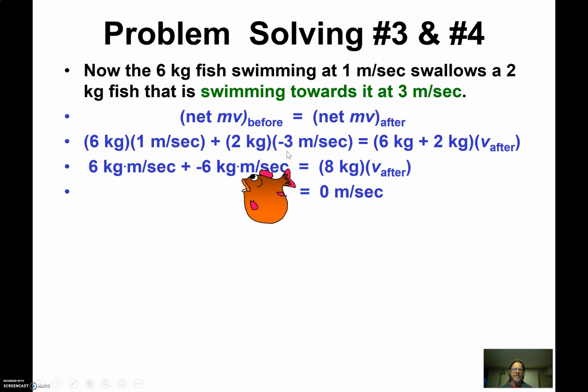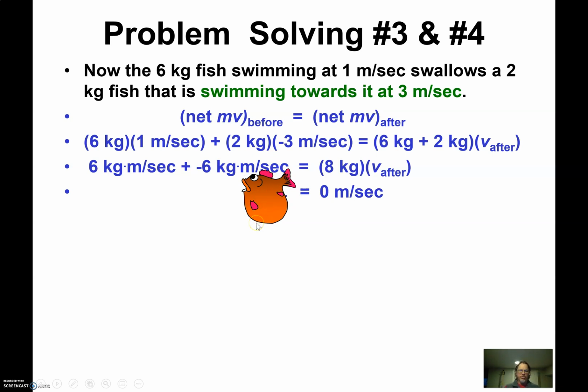So it actually had 9 times the kinetic energy that the other fish had. But clearly, total energy, you've got a 1 over here and a 9. That's a total of 10 joules of energy to start with. There's absolutely no energy left over. So what happened to all 10 joules of that energy, because the fish isn't doing anything, there's no